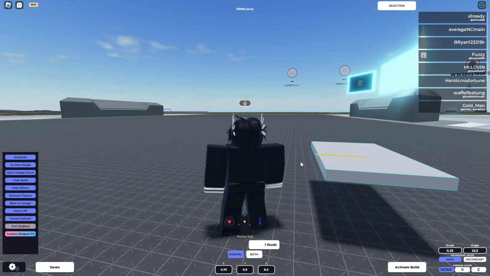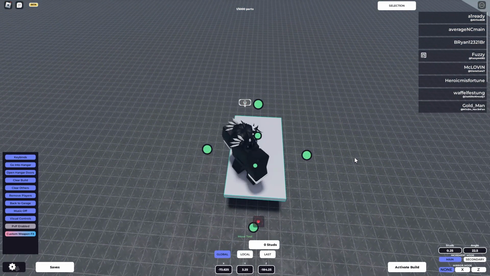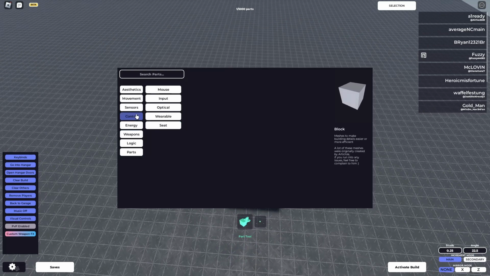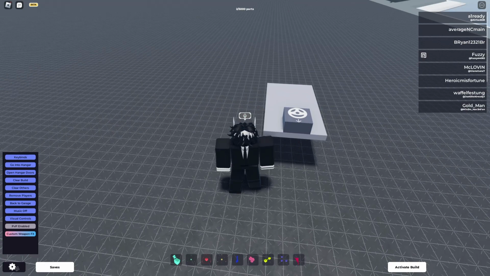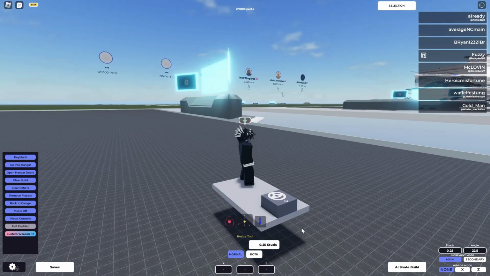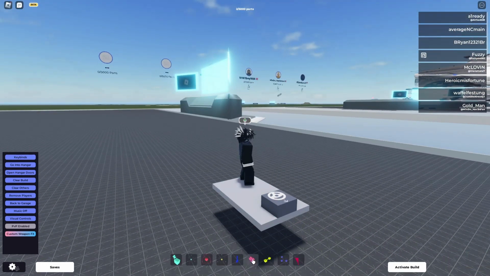Alright. Now that you've got this, you're gonna wanna go into here, control, seat, vehicle seat. Put it anywhere you like on the car. That's not symmetrical. So we've got a seat on. Now, if you look